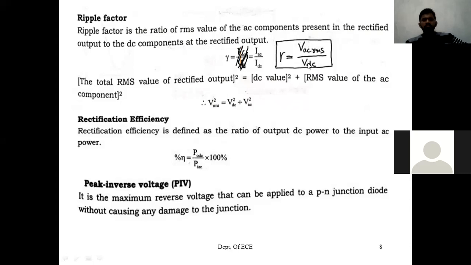So this is the definition. VAC RMS means the RMS value of only AC components, as I told you previously. RMS value you can find out for any waveform, but the RMS value I want here to find the ripple factor is the RMS value of only AC components divided by VDC. So from this ratio, what information will the ripple factor give you? The ripple factor will give you how much ripple is there at the output of the rectifier. So when you are converting the signal from AC to DC,